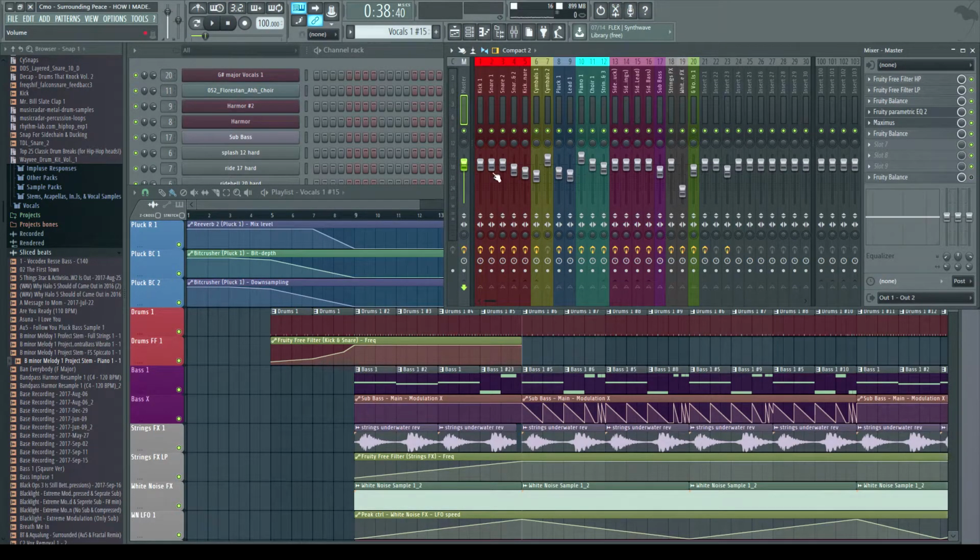So, in any case, that's just kind of the small little tip I do want to give in regards to that. There are some other things I will mention in other tutorials and song breakdowns for mixing and mastering, but this is kind of the one I want to highlight for right now.